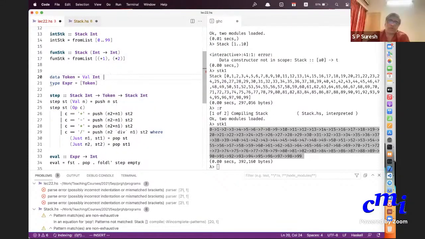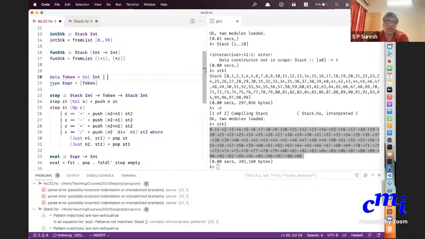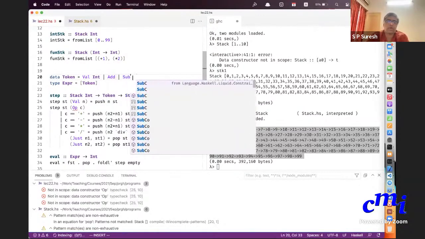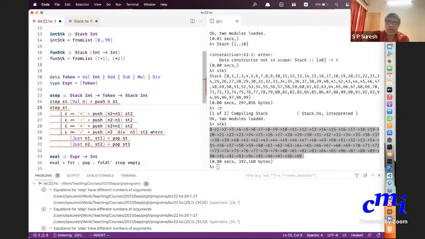You can say that each token is either a value int, or it is div, sub, add. You can do this. And then for val int, I'll do that.